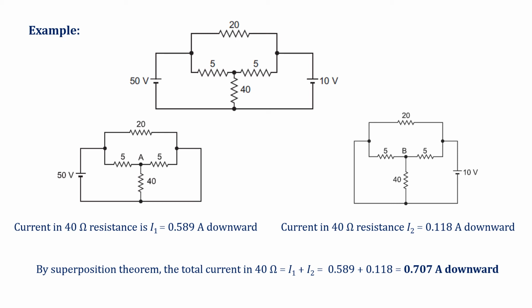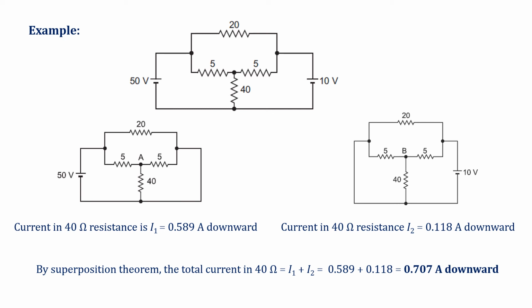redraw the circuit, right? Meaning you have to keep only one source. Let us take if three sources are there; in this problem only two sources are there. If three sources are there, you have to keep only one source. The rest of the sources you have to either open circuit or short circuit according to their nature, depending on whether they are voltage or current sources. In this problem we have two sources, so I will keep one source within the circuit and short circuit the other source. Here it is a voltage source, so I will short circuit it. So I will keep the 50 volt source, and I will find out the